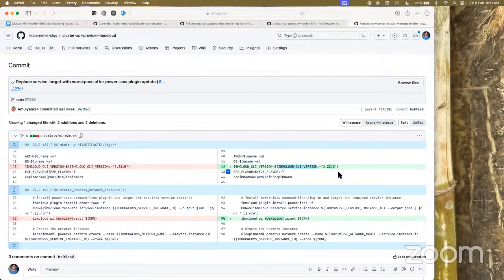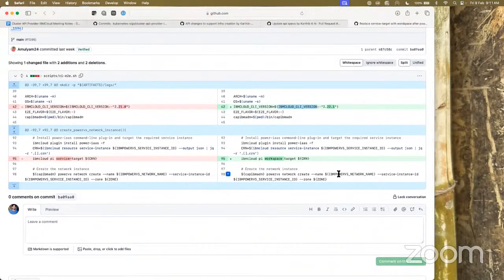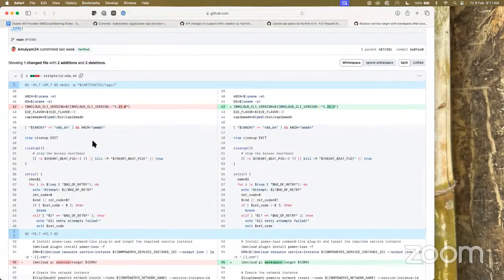And also we updated the IBM Cloud CLI version. But I'm just wondering, should we always pull the latest version, or do you think we should tag the PowerVS plugin to some version so that we don't face such issues in the future?